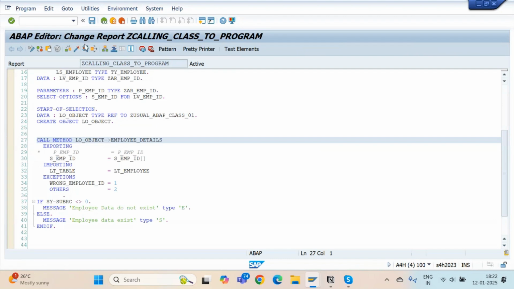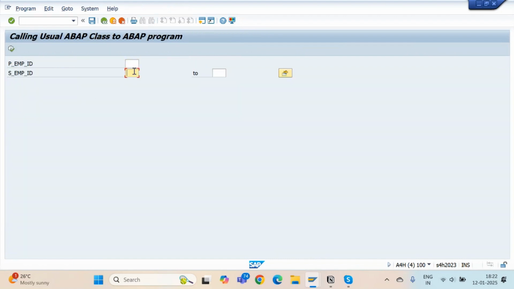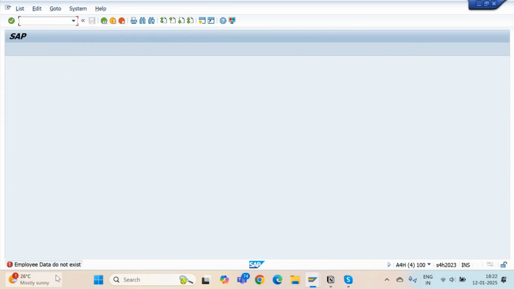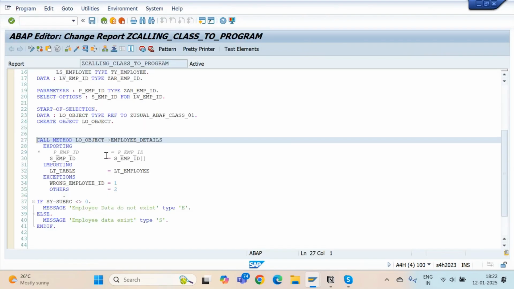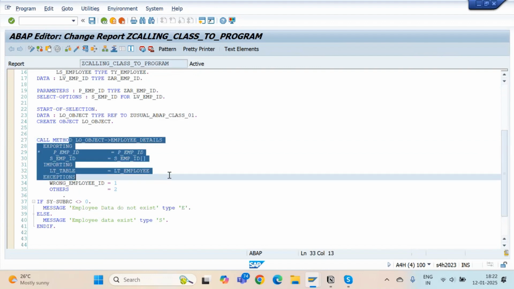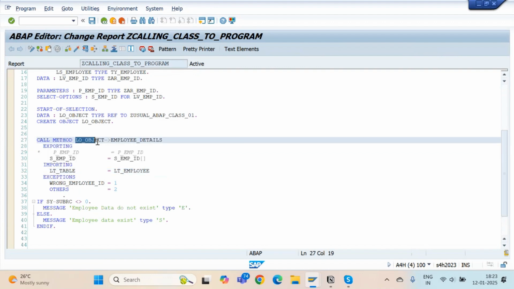So what if I am passing wrong result here? Let's say I'm passing some wrong value 110 up to 115. Execute. See, error message, employee data do not exist. It is working perfectly fine. Yeah. So this is your global class. Global class or usual ABAP class created from SE24. I have created a method, and this method was instance method. That is why we needed to